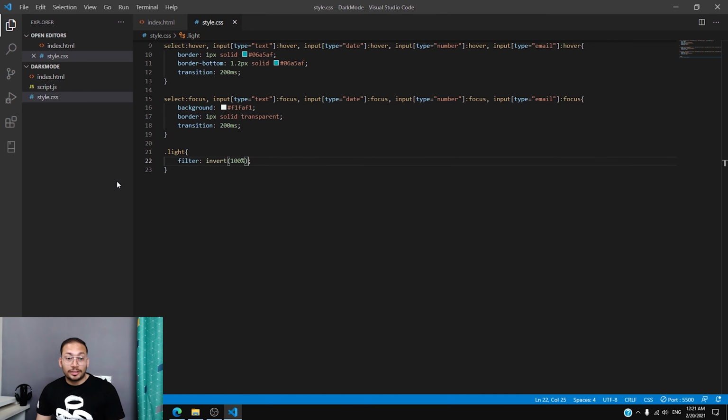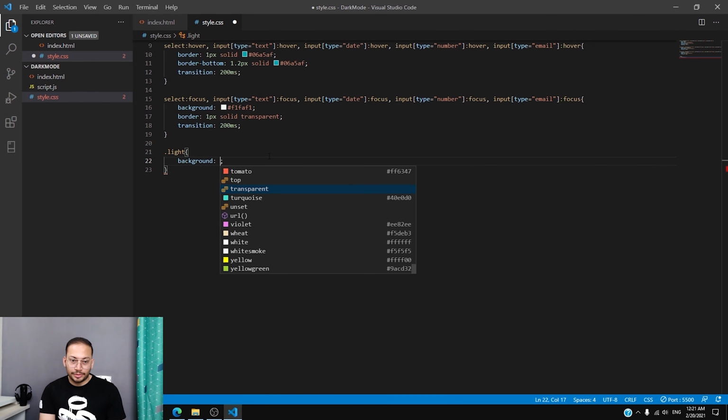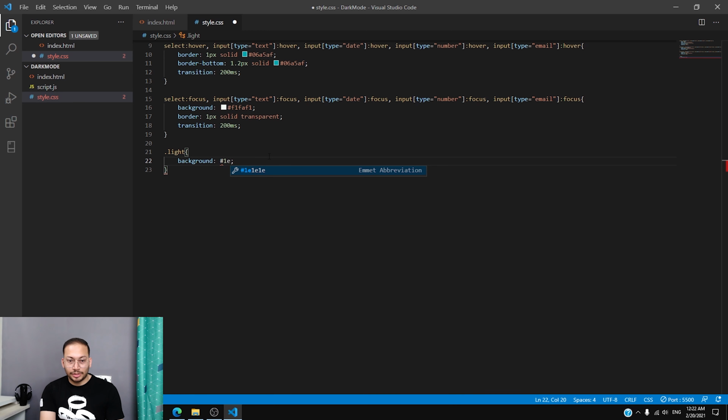So we'll have to add some custom CSS to it. Let's do that. Now first of all, what I want to do is when dark mode is added, I want the background to change. That's going to be my first priority. I'll say the background is going to be, let's say, hash 1e1e1e,